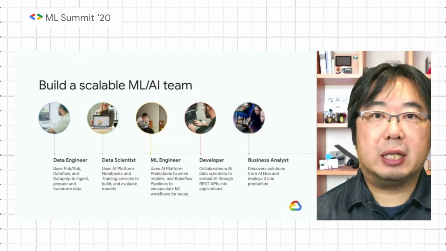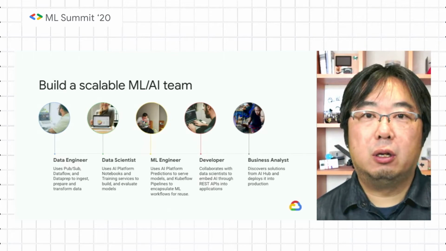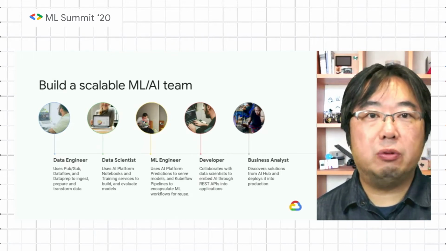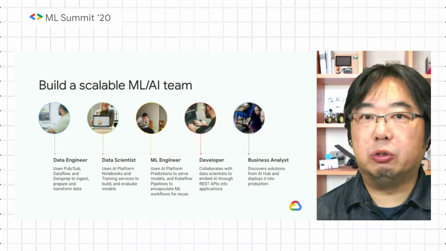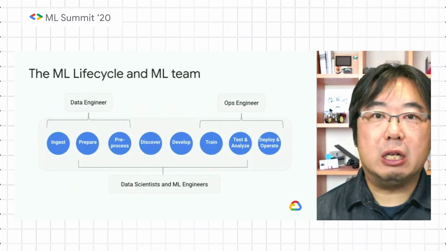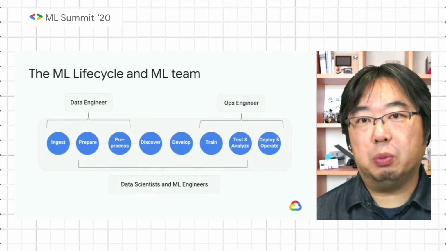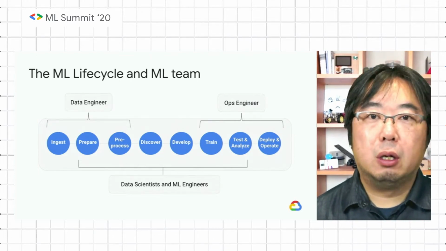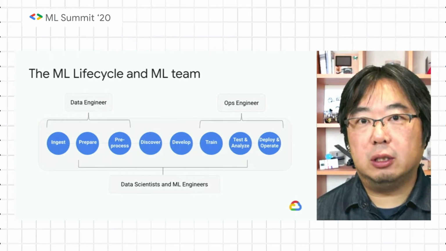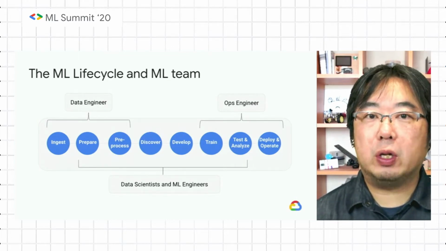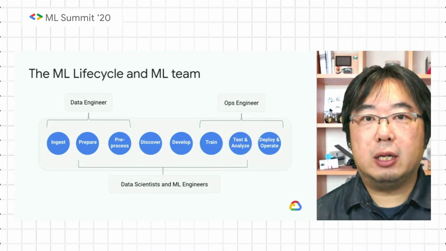So it's very important to build a scalable machine learning or AI team with the multiple different roles, starting from data engineers and data scientists, ML engineers, developers, and business analysts, so that the teams can be scalable and should not be dependent on a specific superhero person. And also by splitting the role, you can split the responsibility to multiple roles. For example, data engineer should be responsible for ingesting data from data warehouses. And also, data engineer can write some code for preparing and pre-processing the training data at scale. Whereas the data scientist can focus on designing the machine learning model, neural network, or the random forest and everything to get higher accuracy